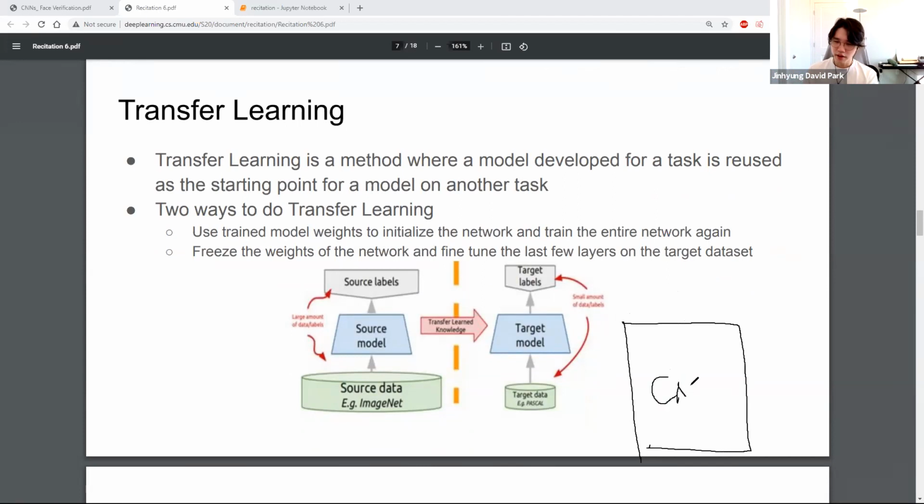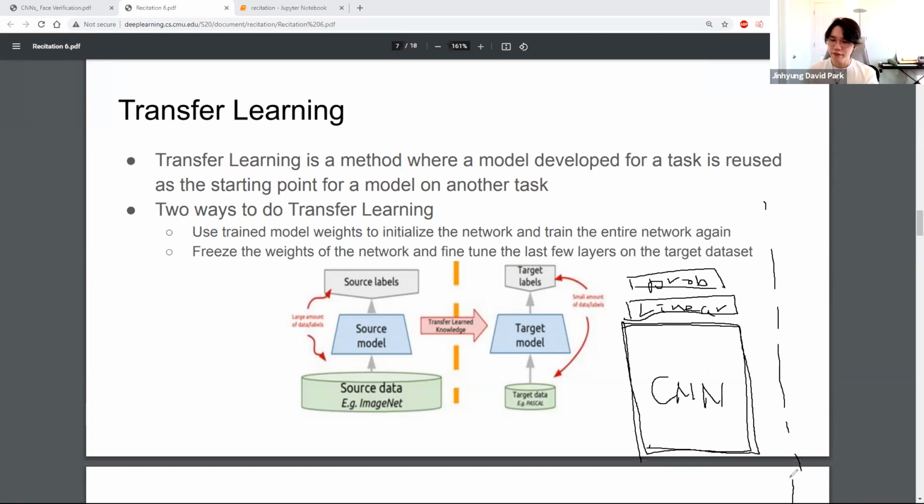If this is your CNN, and you train this for the classification task, as you know from homework 1, you have a linear layer at the end, and then this outputs probabilities. After you spent a lot of time training this, the CNN here is actually a very powerful feature extractor, and it'd be a waste if you just threw it away and completely retrained for the verification task. So what you want to do, after you train the classification task, if you want to further do training on the verification task, is copy these CNN weights over, just this part, because this part pertains to classification only. You copy that over to another CNN,